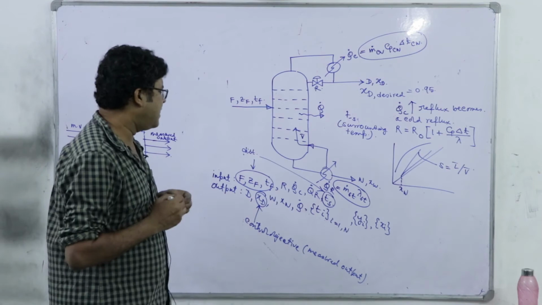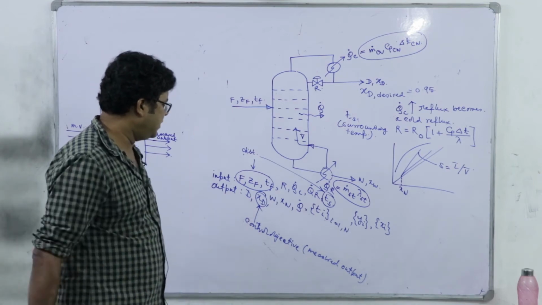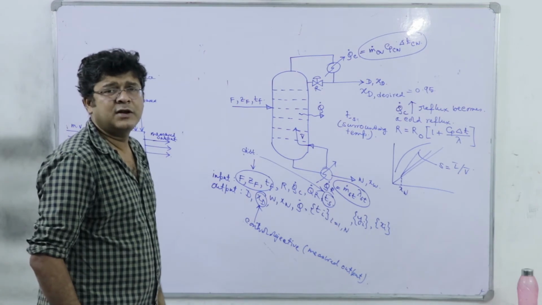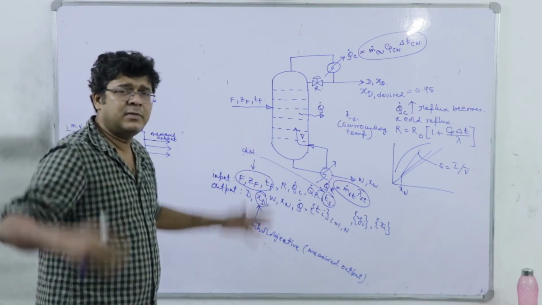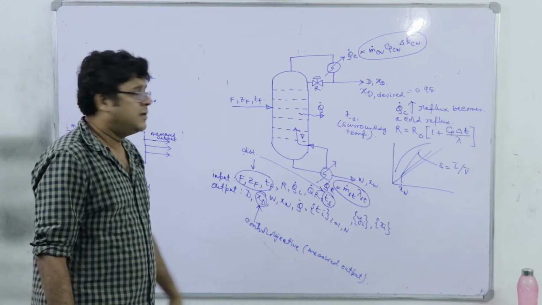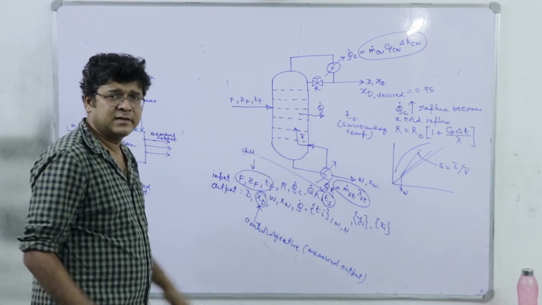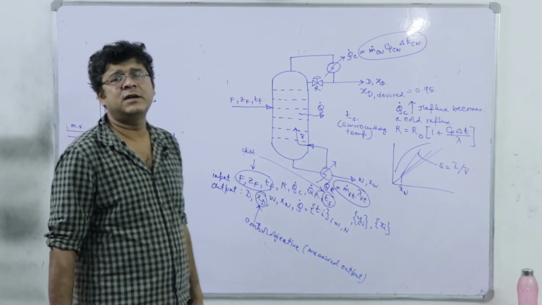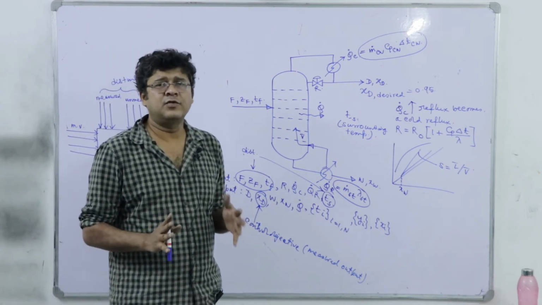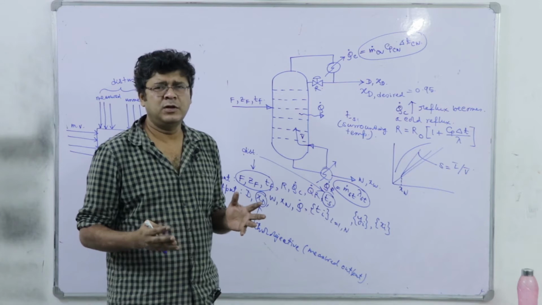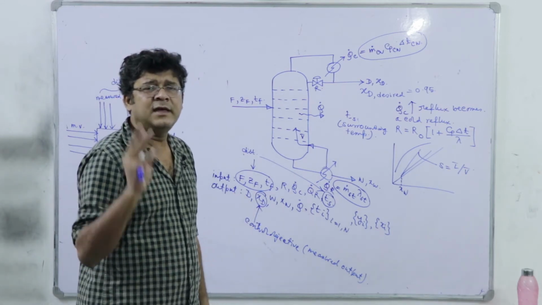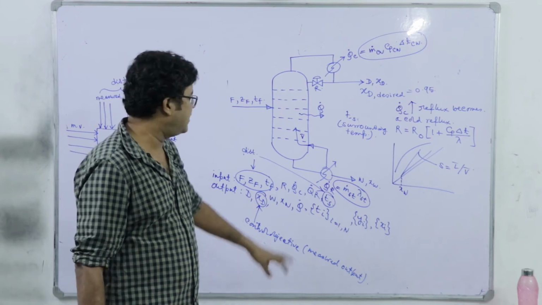Now see, there must be some parity between the number of control objectives and the number of manipulated variables. You can't go for multiple manipulated variables for a simple process like distillation. There must be kind of a one-to-one correspondence. Definitely it's not a physical rule of control engineering, it's rather a rule of thumb. So unless it is a very complex process, if I have one control objective, we should go for